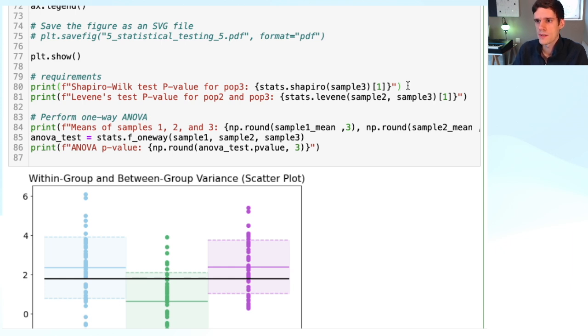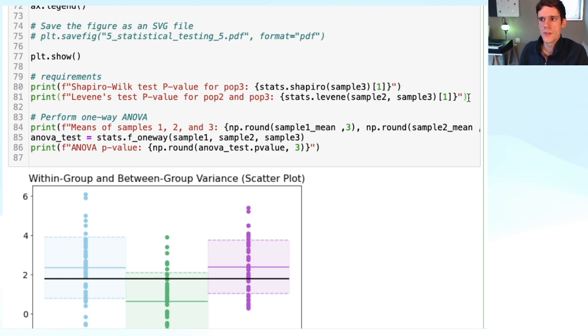So it only makes sense to test sample 3 with the Shapiro-Wilk test for normality. And then because population 1 and 2 were normal distributions where we set the variance to be equal to each other, 1.5 standard deviation, the only variance that we need to test is between population 2 and population 3